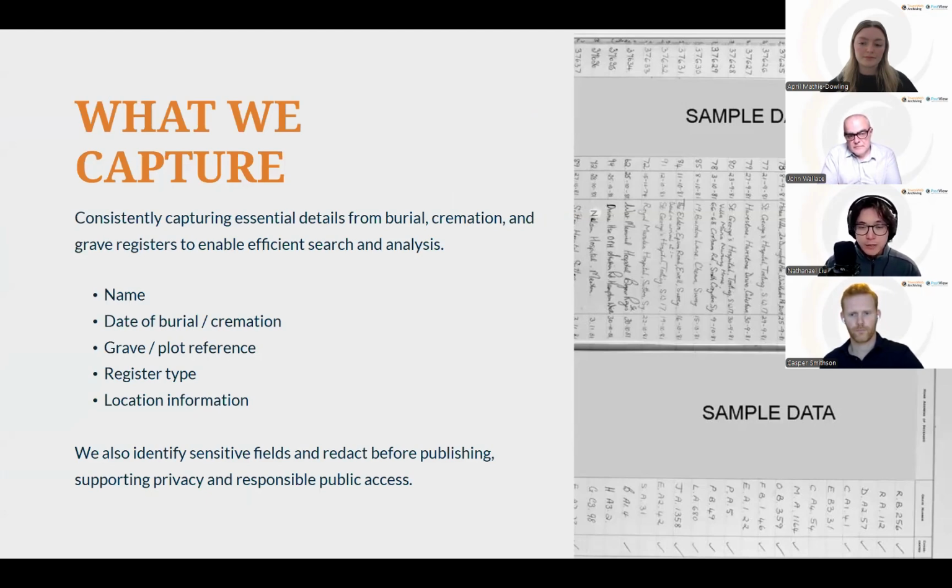And these could be run over a single page, double page, however your records are recorded. Once we've set these fields, then we'll work in a spreadsheet to structure these and start capturing the data using the digital images that we've digitized. Next slide.